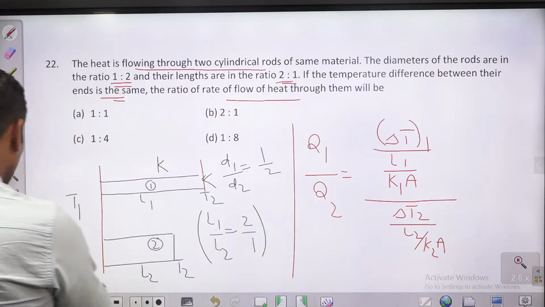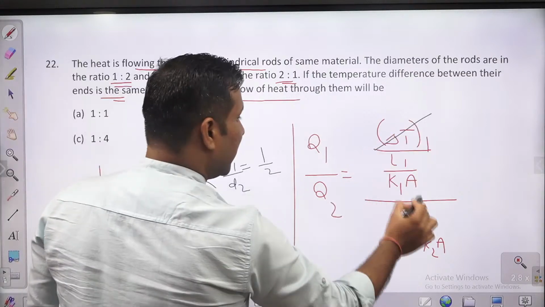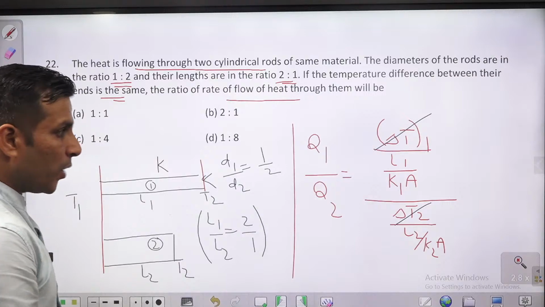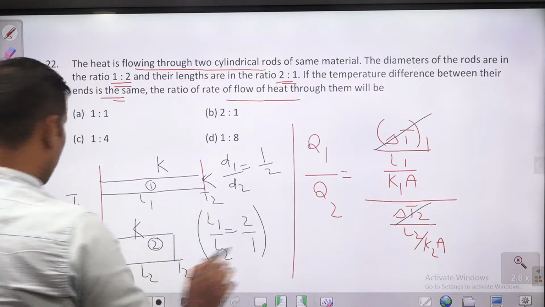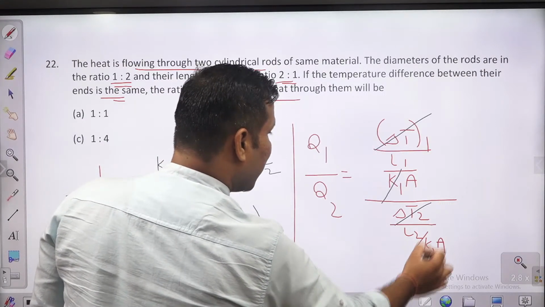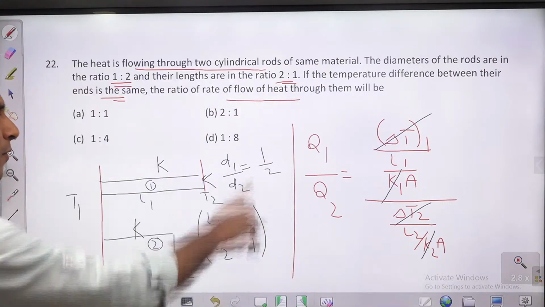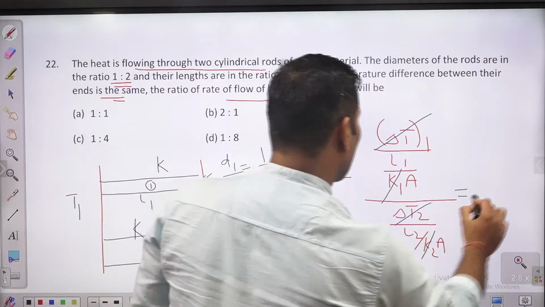Okay, so solving this, what will you get, guys? Delta T is same in this case and in this case. Their conductivity is also same. Why? Because both are made up of the same material, so their conductivity is also same. दोनों का conductivity क्या है बच्चों? This is also same. Solving this, you will get a ratio. आपके पास क्या ratio आ जाएगा? इसको solve करोगे, you will get